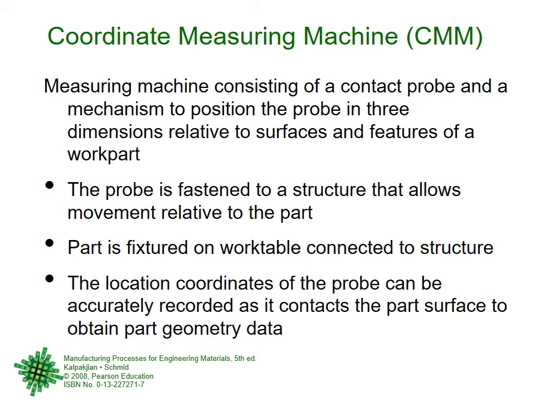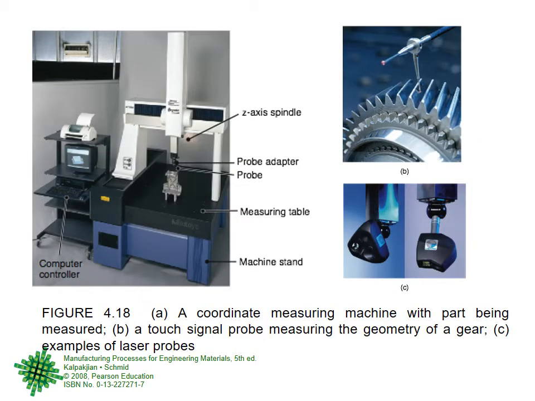I was just talking about the coordinate measuring machine, and that in reverse engineering and so on, this is a major tool. So here we are showing you, on one side, a coordinate measuring machine with the part being measured. We put a part there, and then there is a probe and a probe adapter, and it can move in the Z direction, X direction, Y direction, and so forth. It moves along all the pieces of the part, and an image of the part is being created in the computer.